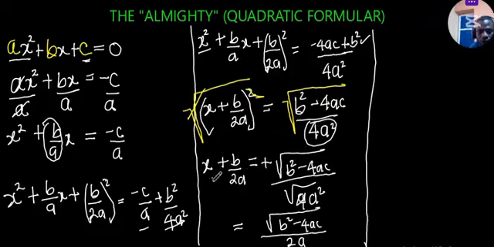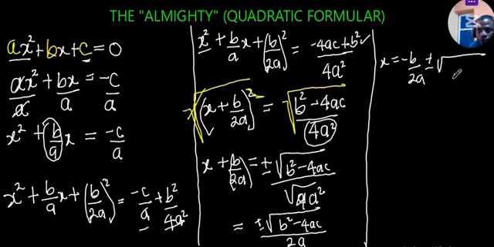Now to get x only on this side, we have to subtract this from both sides, or just move it to this side to become minus. So our x equals minus b over 2a plus or minus the square root of b squared minus 4ac all over